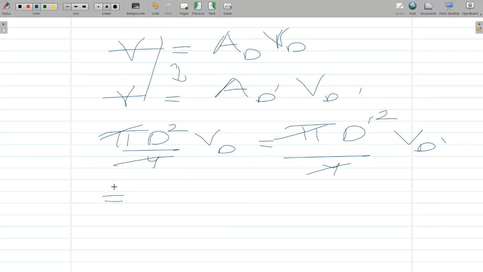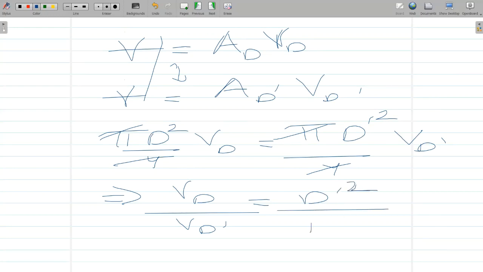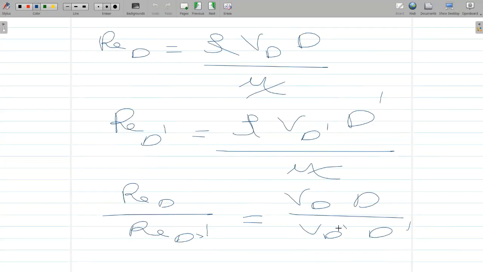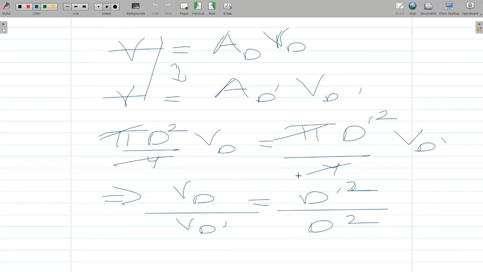So I can essentially write Vd by Vd prime is nothing but D prime square by D square. Just rearranging the terms right here. Now this Vd by Vd prime, I'm going to substitute in my Reynolds number equation. All right, this equation. So when I substitute